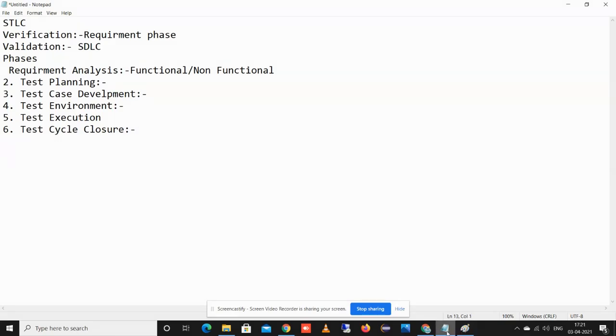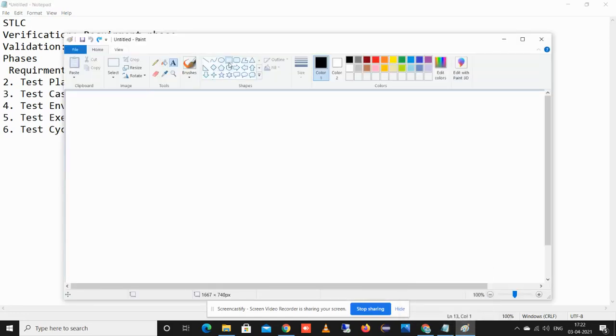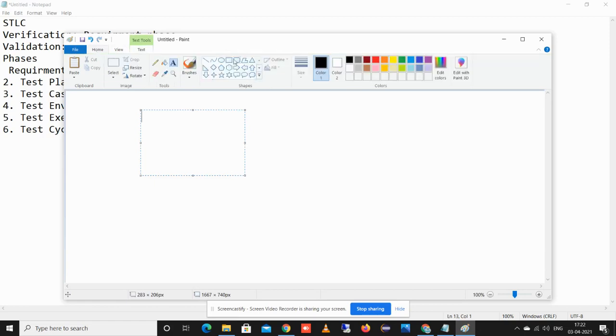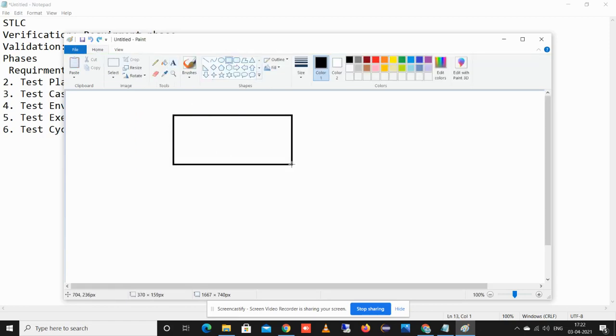But why do we need to do testing on a software project? For example, I want to purchase a laptop. I have decided on some specifications and I have some budget. I go to certain shops according to my budget and look at some laptops, and if a laptop meets my specification, I purchase it.